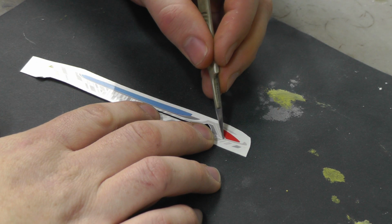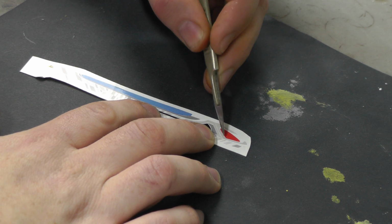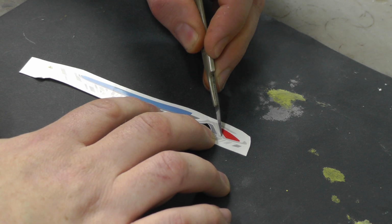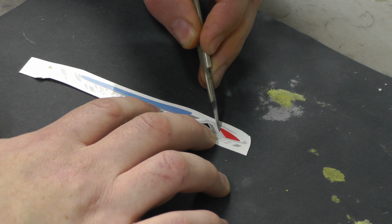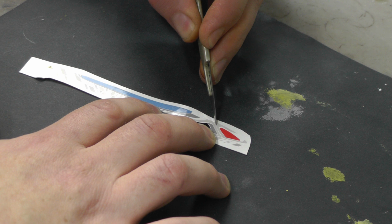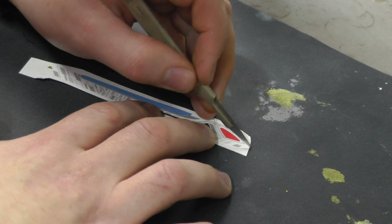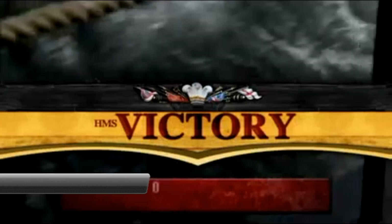Now you've got to be careful because you don't want to be cutting on any of the coloured patterned areas. Right, you really want to be careful, especially with this bit I'm doing right now. Very careful cutting through that. This one isn't so bad because we've got quite a lot of